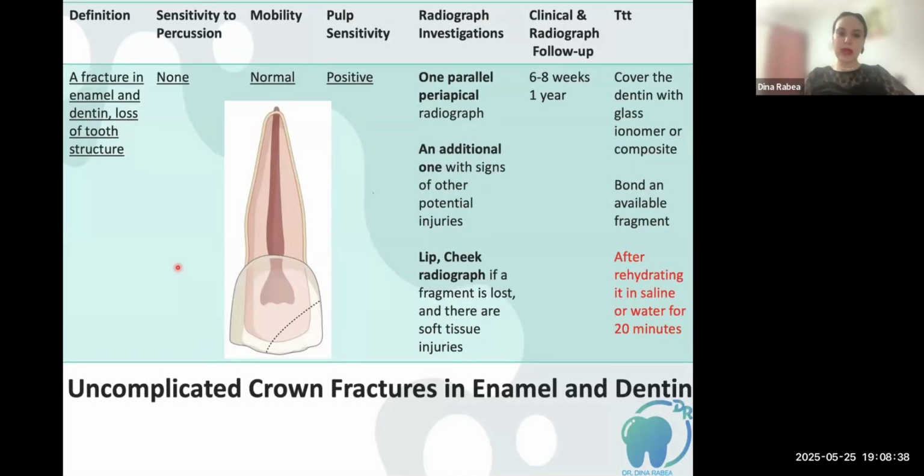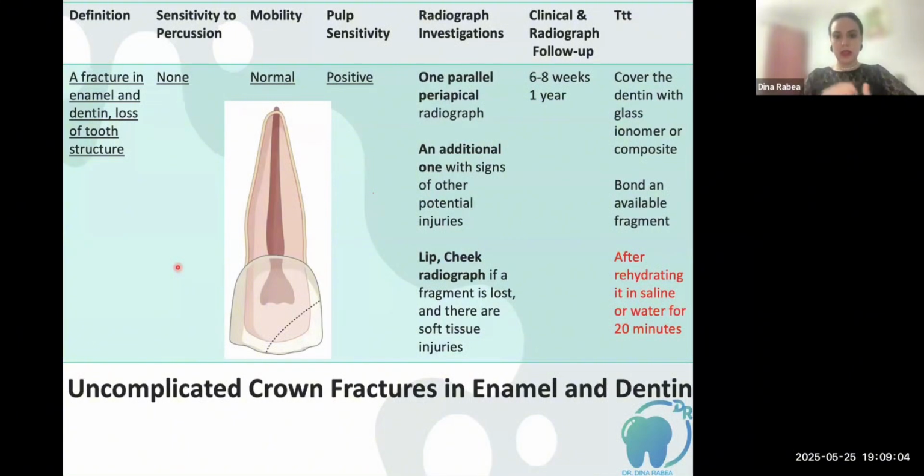Probably the fragment, again, we have to search for it. We have to search in the soft tissue, the lips, the cheeks, the tongue, and take a radiograph, in case we feel upon palpation any kind of irregularities. We have to rule out that the fragment is lost, ingested, or aspired, or if it is with the parents, this is the best scenario. We can reattach the fragment after rehydrating it, because most of the time after leaving the